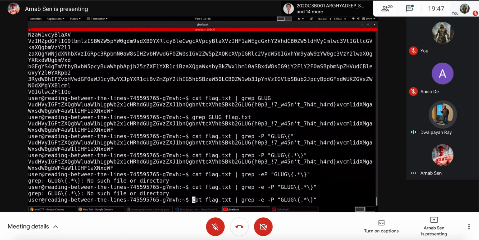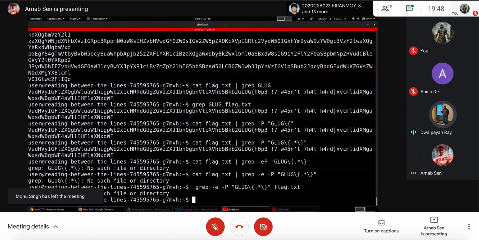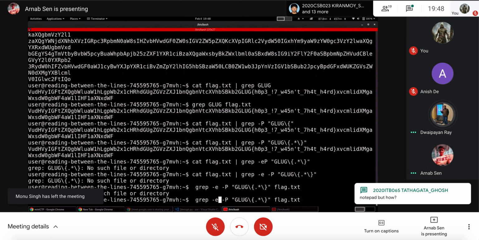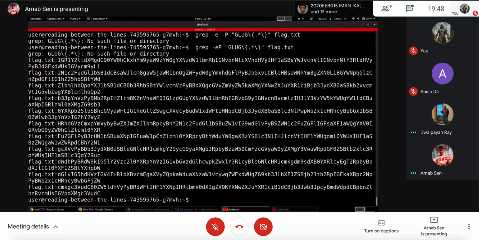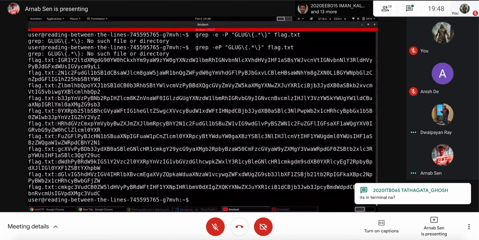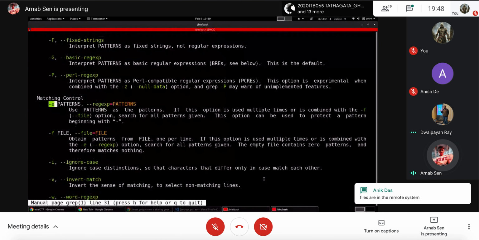It is actually used to work on a file. Flag.txt. Okay, minus EP. Oh my god, it didn't even grep. It just printed everything. Yeah. Is there any example given?